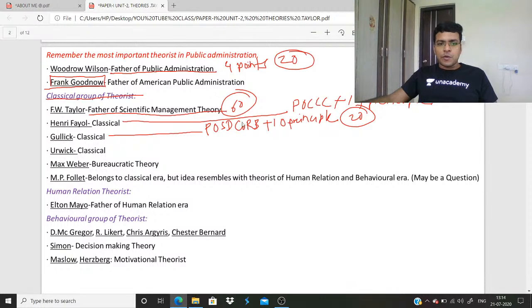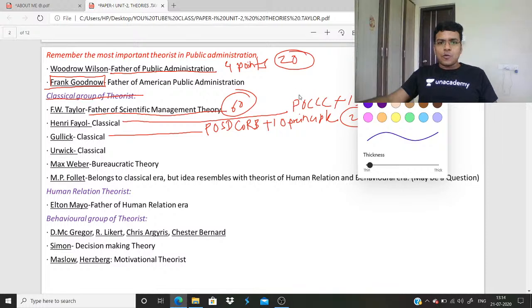Gulick, POSDCORB plus 10 principle. Knowing the two words, you can write a 20 mark question. I'm just telling you, Fayol is planning, organizing, controlling, commanding, coordinating. Gulick is planning, organizing, staffing, directing, coordinating, reporting, budgeting. Another thing I'm telling you,